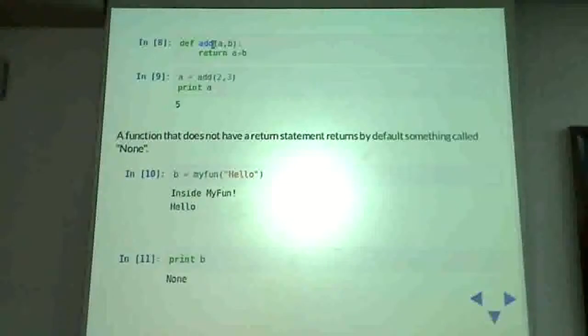What happens? Remember that these variables a and b, their validity is for that function only. So this a and this a will not interfere with each other. These are called scopes. So a and b are local to this function. This a belongs to the module or the main program that we are writing. So 2 becomes a, 3 becomes b, and a plus b should be 2 plus 3, which is 5. And the return statement causes a, which is sitting on the left hand side of this expression, to store this value. So that's why when I say print a, I get a 5.